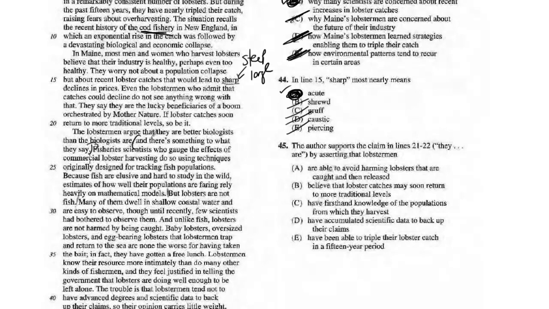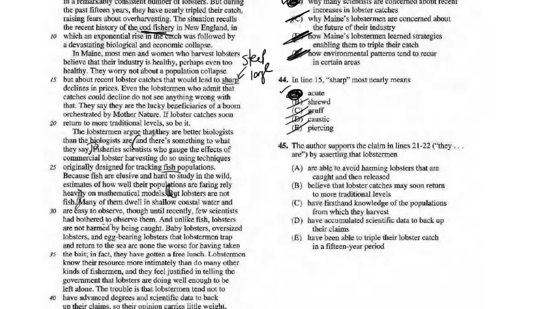Fisheries scientists who gauge the effects of commercial lobster harvesting do so using techniques originally designed for tracking fish populations. Because fish are elusive and hard to study, estimates of how well their populations are faring rely heavily on mathematical models. But lobsters are not fish. Here we go. Many of them dwell in shallow coastal waters and are easy to observe, though until recently few scientists had bothered to